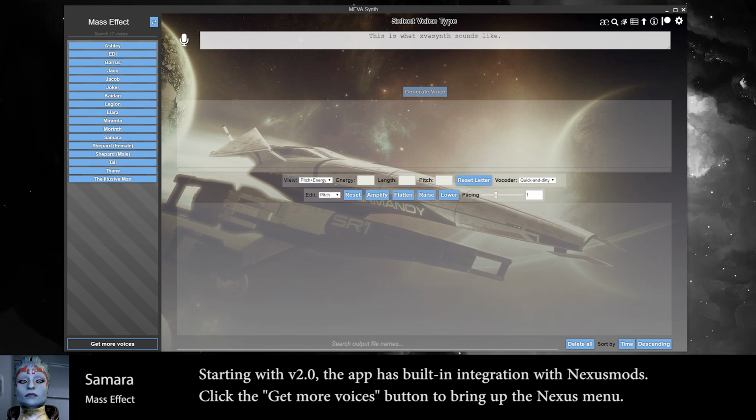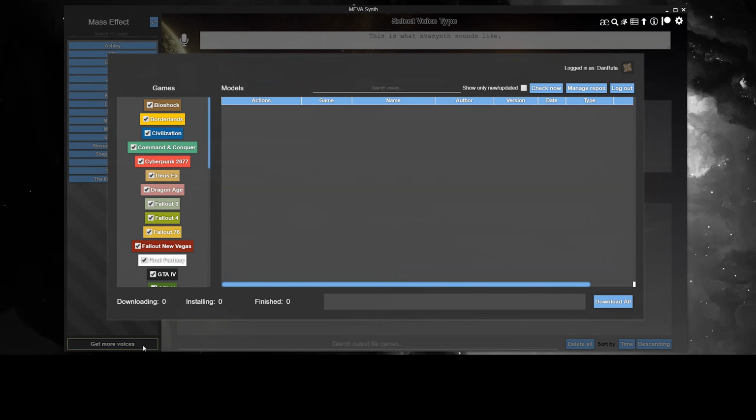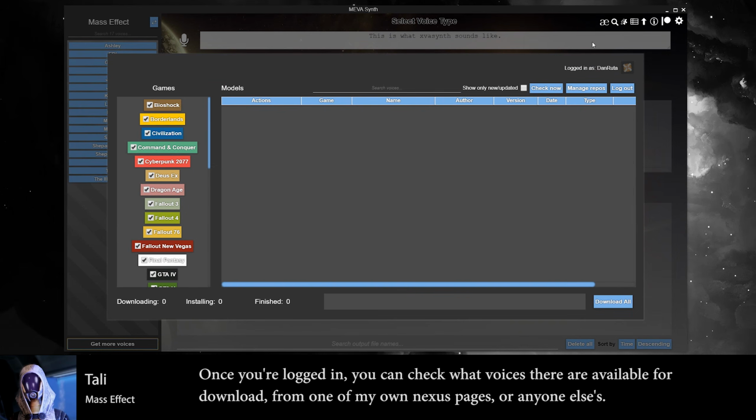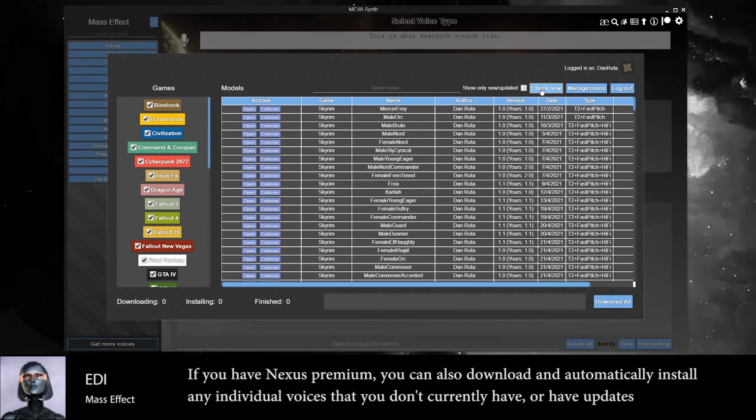Starting with version 2.0, the app has built-in integration with Nexus mods. Click the Get More Voices button to bring up the Nexus menu. Once you're logged in, you can check what voices are available for download from one of my own Nexus pages or anyone else's. If you have Nexus Premium, you can also